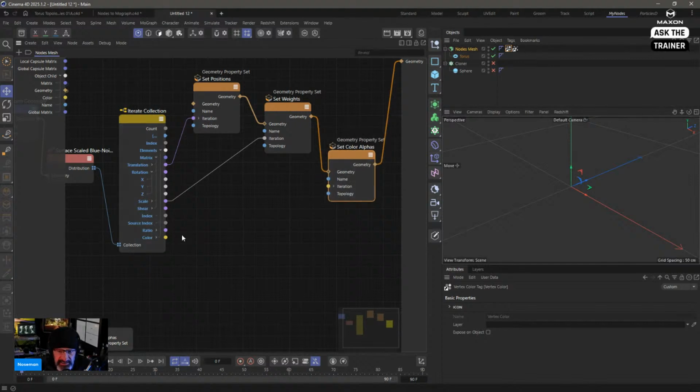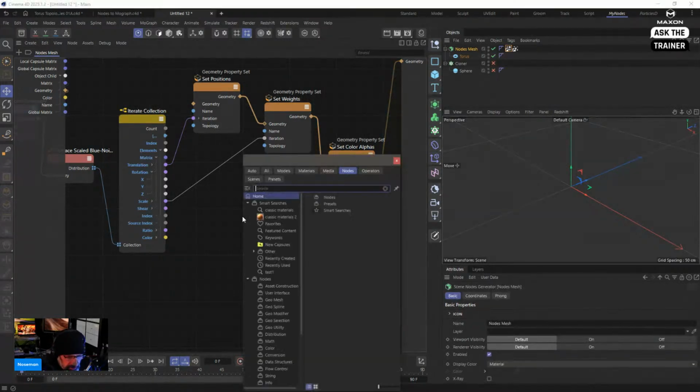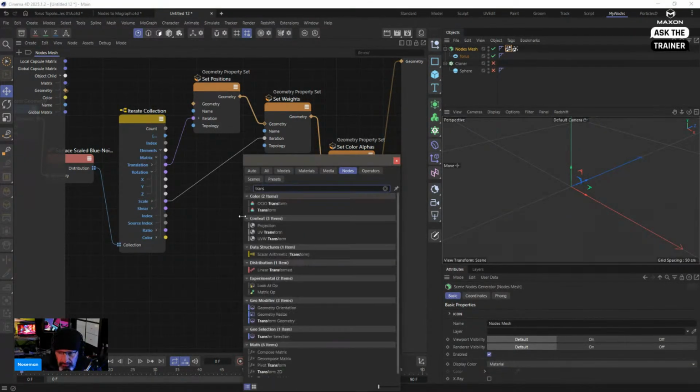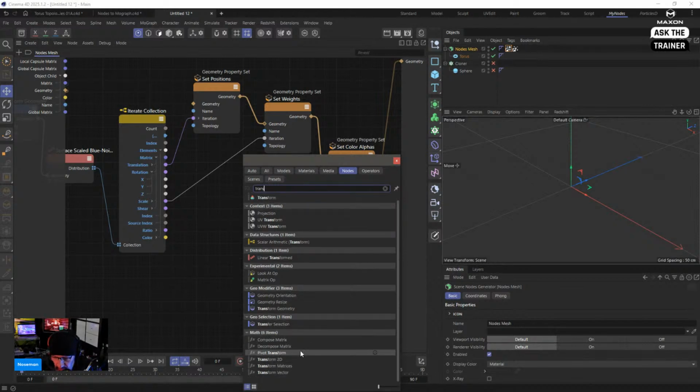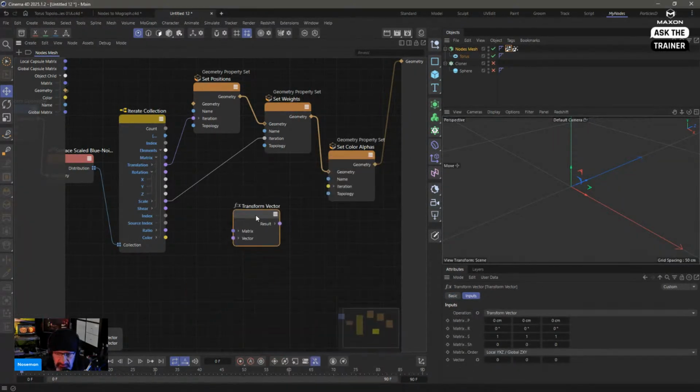Now, you can't just take the rotations and stick them in here, because rotation and orientation, although they have a large overlap, are not the same thing. What I need to do is use a transform normal or point or vector. Transform vector is what I'm looking for. And this transform vector